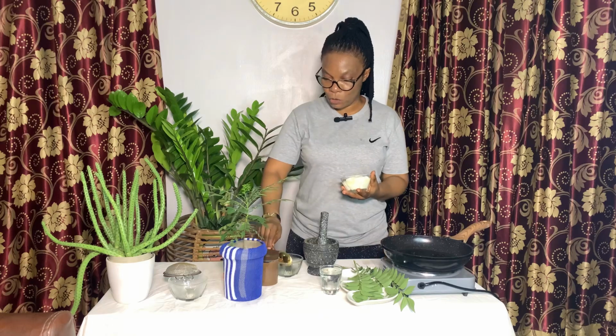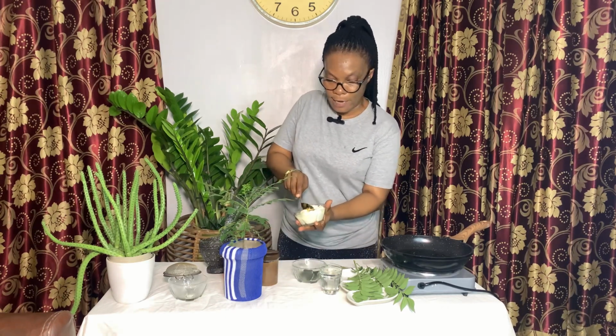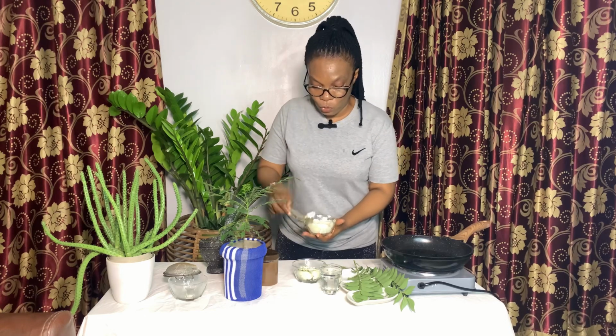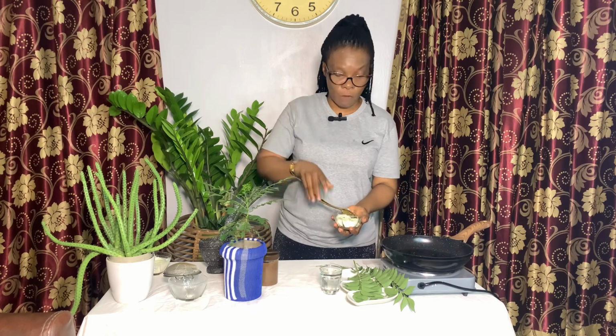yogurt, plain yogurt. So I have my pounded curry leaf here, and I'm going to add this. This is yogurt. I'm going to add this to it. What you are going to do is to look at the quantity you want. Look at the length of your hair and the fullness. If the hair is very full and thick, you have to use your initiative, because if I say you should use 1 tablespoon or 2 tablespoons, depending on the quantity of your hair, you may waste the yogurt and